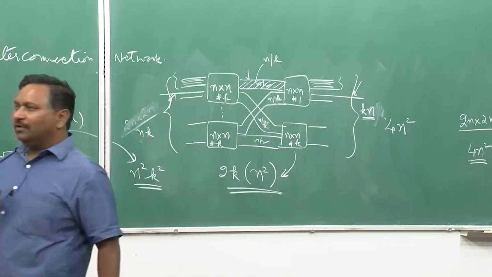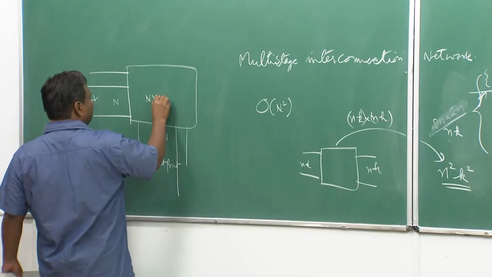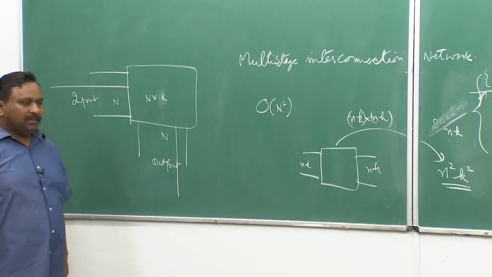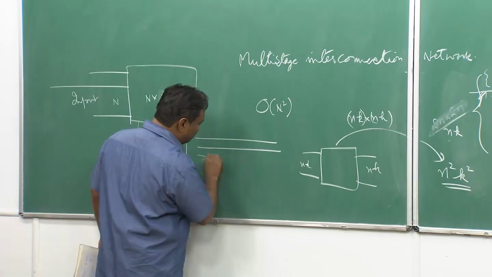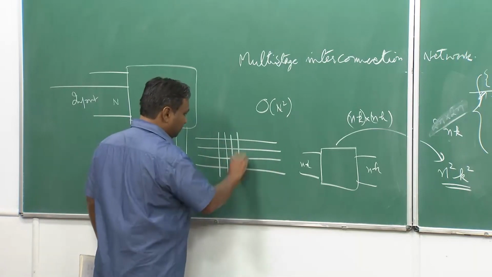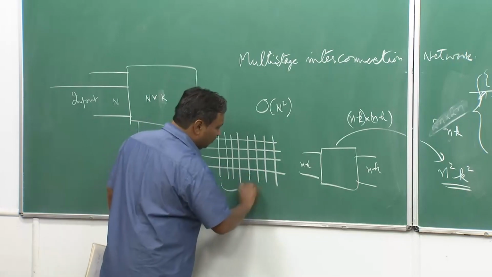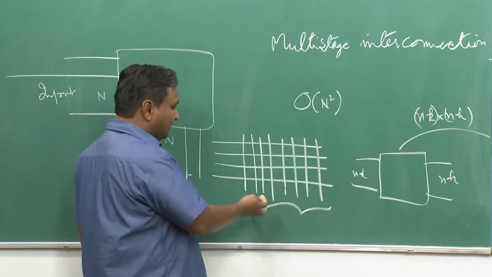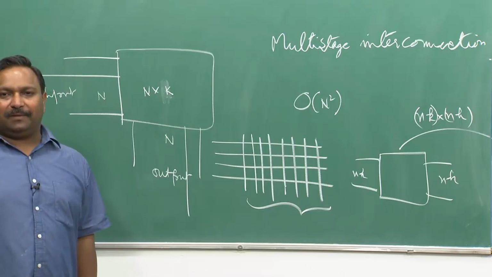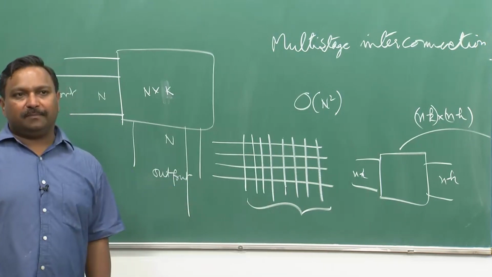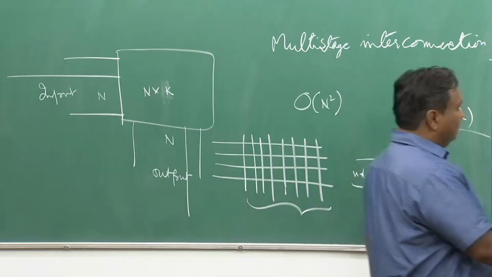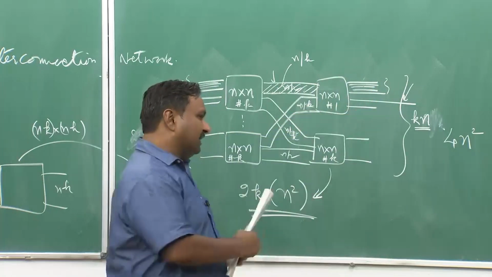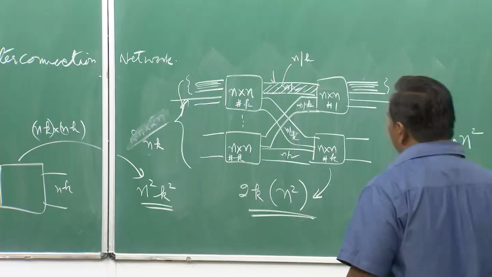We have to come out of the notion that I can build a crossbar of n by n only. No, in general I can build a crossbar of n by k also. So if I want to build a 4 by 8, I will have 4 input lines and 8 output lines. But remember, if it is a 1-to-1 connection, only 4 of these output lines will be occupied at any point of time. But this is a 4 by 8 crossbar. So if I can do that, in the worst case all these small n number of lines have to connect to this. The way it has to be done is, if I want a strictly non-blocking system,